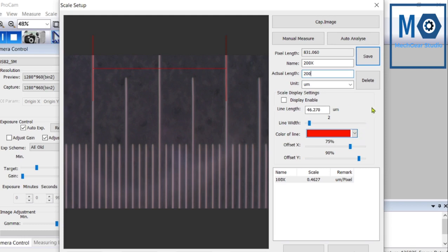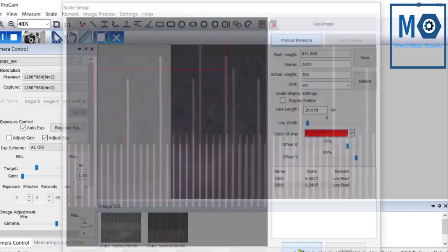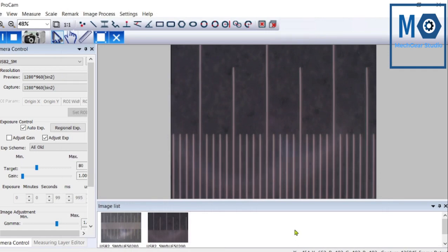Save this and then apply. Double click on 200x, or single click and OK.